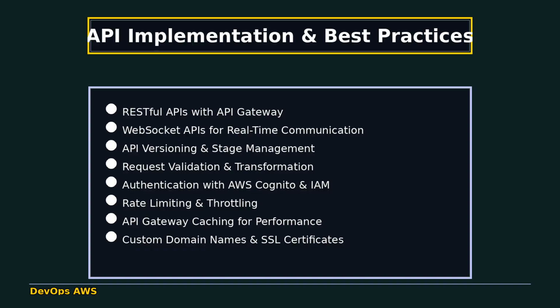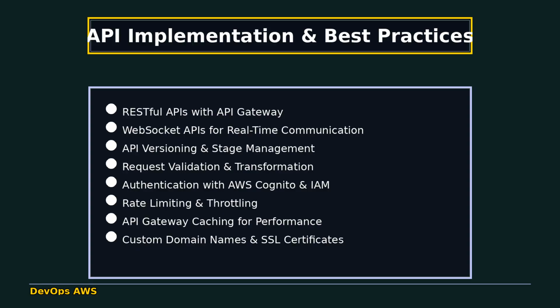Authentication and authorization with AWS Cognito and IAM, rate limiting and throttling for API protection, caching with API Gateway caching for improved performance, custom domain names and SSL certificates, integration with Lambda, EC2, and other AWS services,